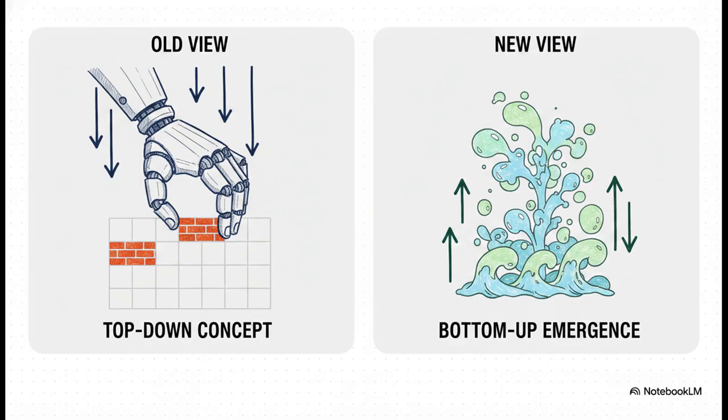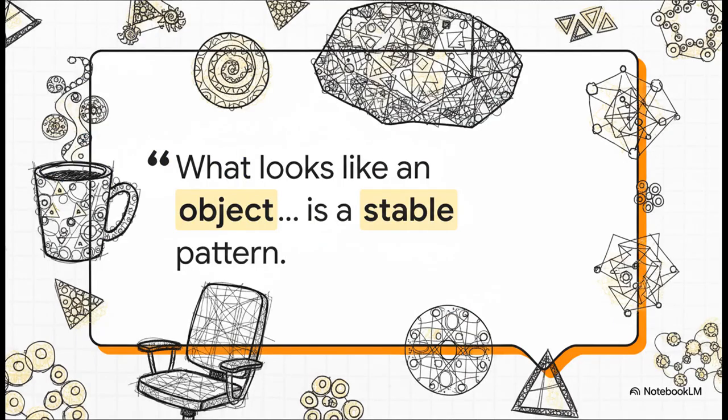It's all about interaction, spontaneous emergence, and temporary configurations. Structure is never imposed from the top down. There is no central control. There's no blueprint telling the universe how to build an apple or a mountain. Instead, structure always emerges from the bottom up, born purely out of these spontaneous, stable interactions. What looks like an object is actually a stable pattern, a temporary configuration that holds together.